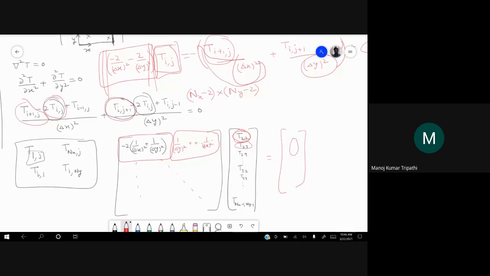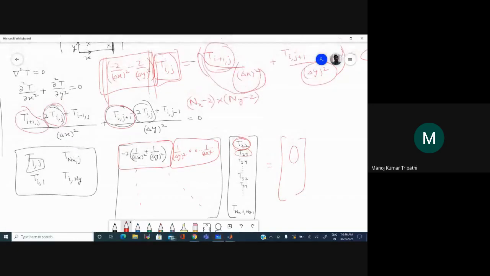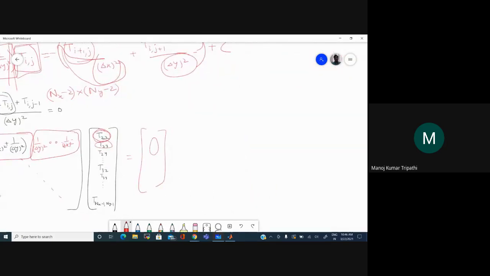Now we can also write a code for this in MATLAB. So that is an assignment for you. Write a code for solving steady state heat conduction equation. But that is not the complete assignment, because I have to give you the boundary conditions.